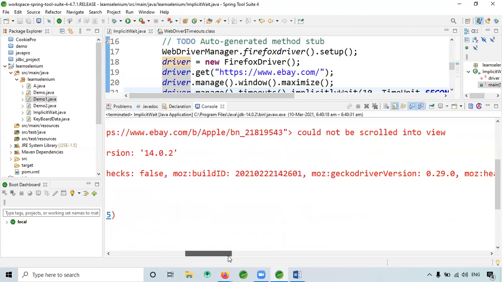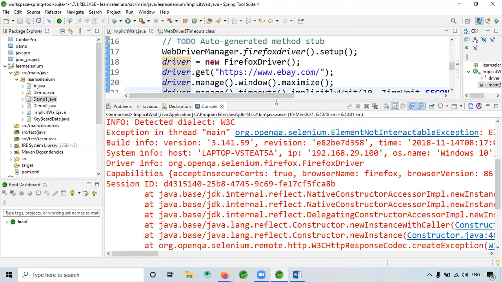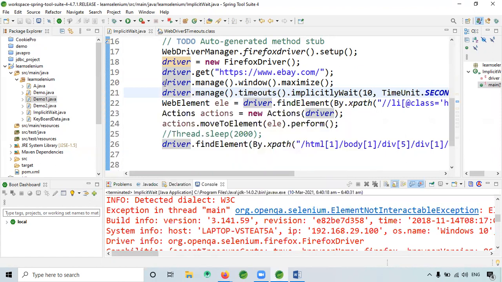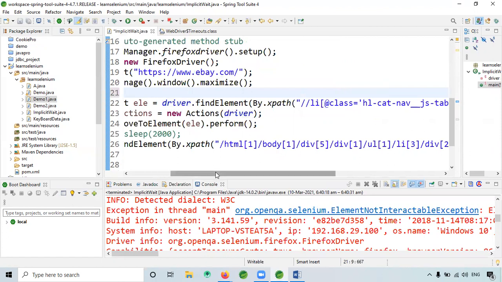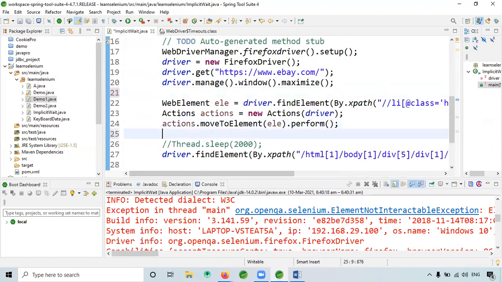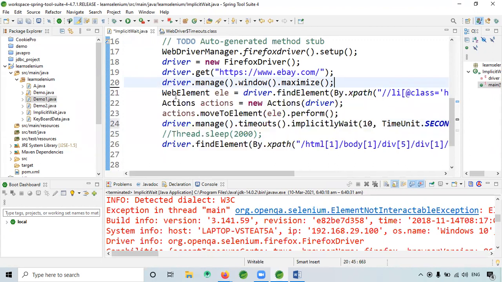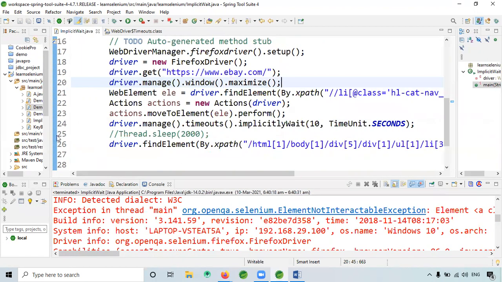The link could not be scrolled. Given valid one only. Driver dot manage timeouts implicitly wait.